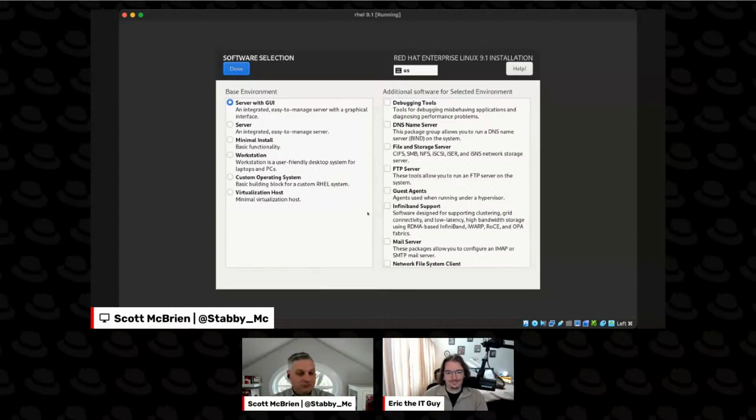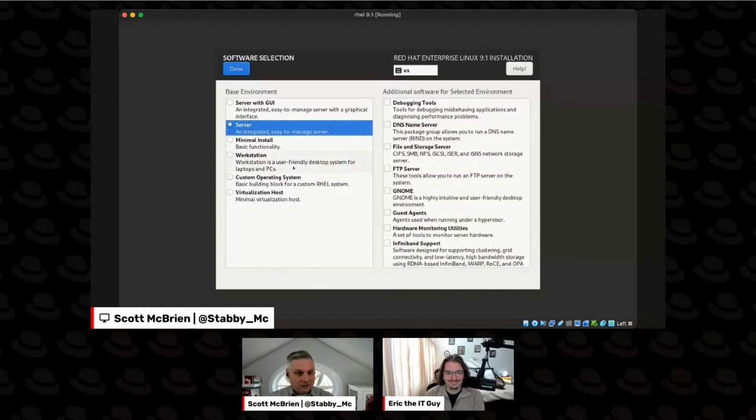For people who are new, who may not know what they want to do with the system yet, it might be running as a virtual machine on their desktop. Server with a GUI is probably what they want. But if you are more expert and you know that that's not what you want, then make it not what you want, and then pick the other things that you want, right? So the reason that it's the default is to keep it easy, and that fits a variety of people's desires for workload. And so by making a blanket statement like never install the GUI,